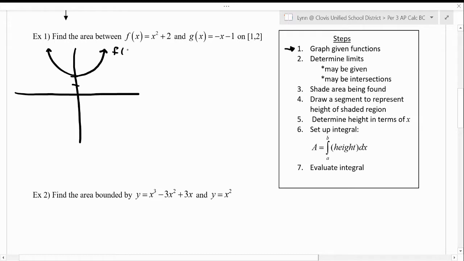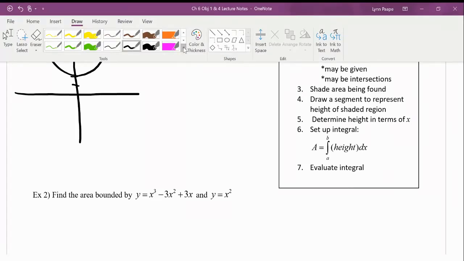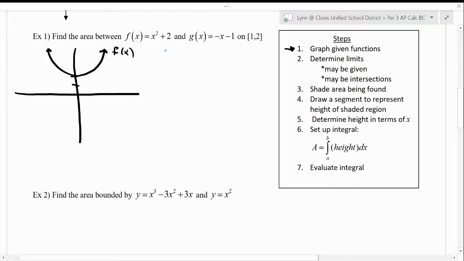Beautiful function there, and I'll call that f of x. And then now I'm going to go ahead and graph in g of x, and I'm just going to use a different color here. So for g of x, I know this is a line that has a slope of -1 and a y-intercept of -1. So I'm going to go down to -1, and then with a slope of -1, I'm going to go down 1 over 1, and then I didn't draw in my x-axis